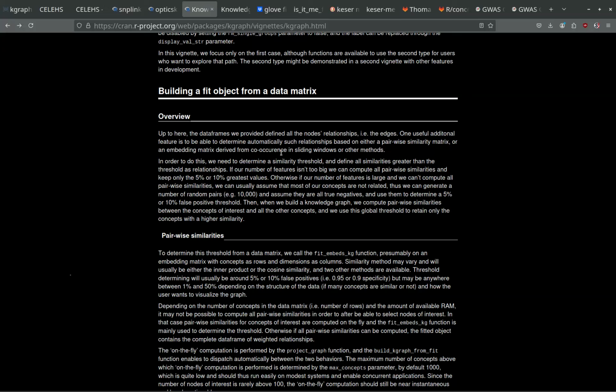We want to draw a knowledge graph based on that. So we have to determine what are the significant associations. In GWAS, we would use a p-value below 10^-8, for example. And in NLP, natural language processing,